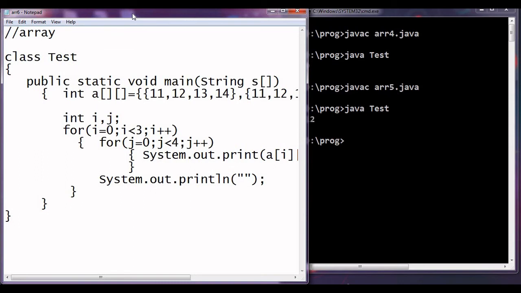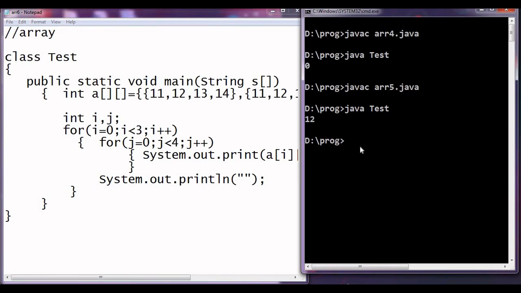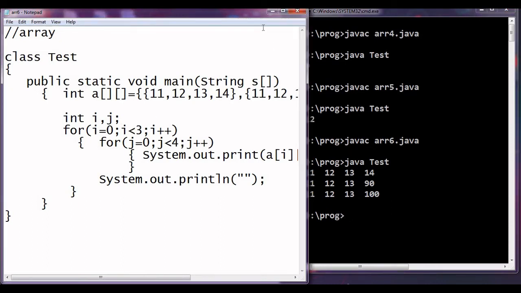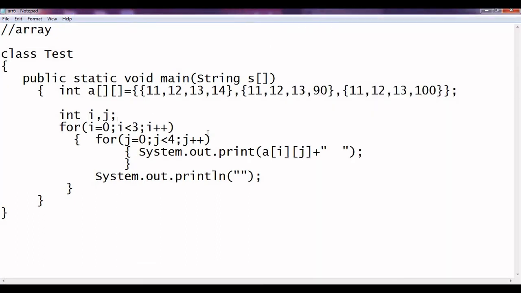Here the objective of this program is printing the content of the 2D array. Now let us first see the output, and then we will move to the program. See, we just want to print. So here again, as it is a 2D array, the first loop will talk regarding the number of rows, and the second loop will talk regarding the number of columns.